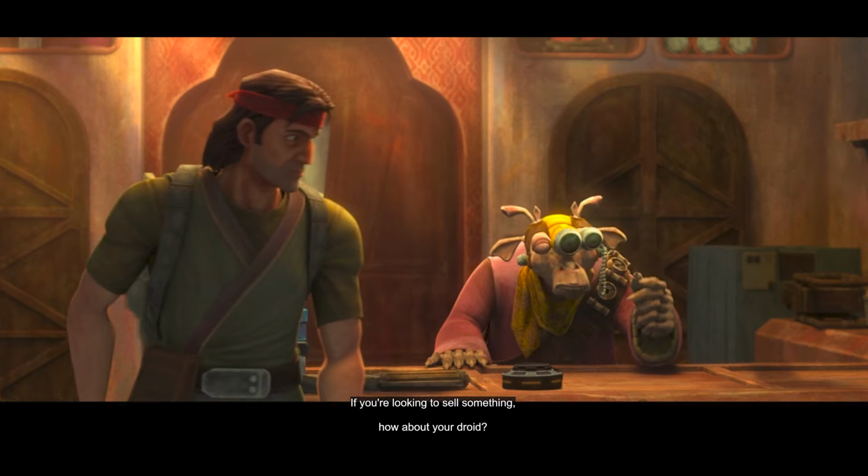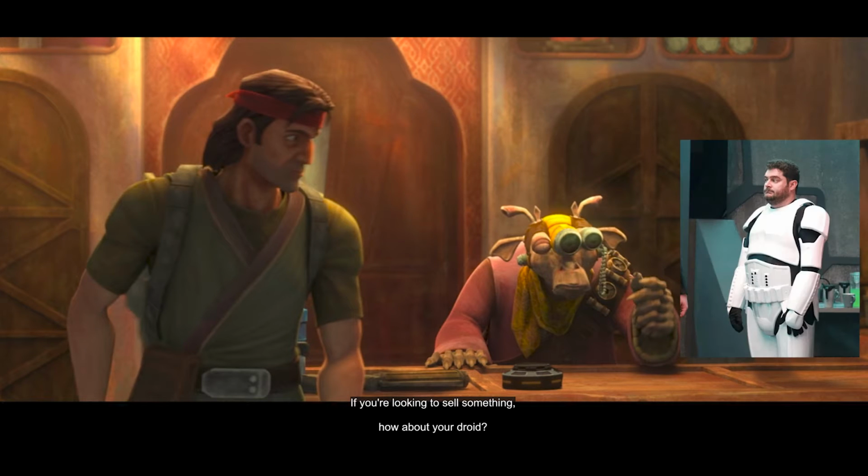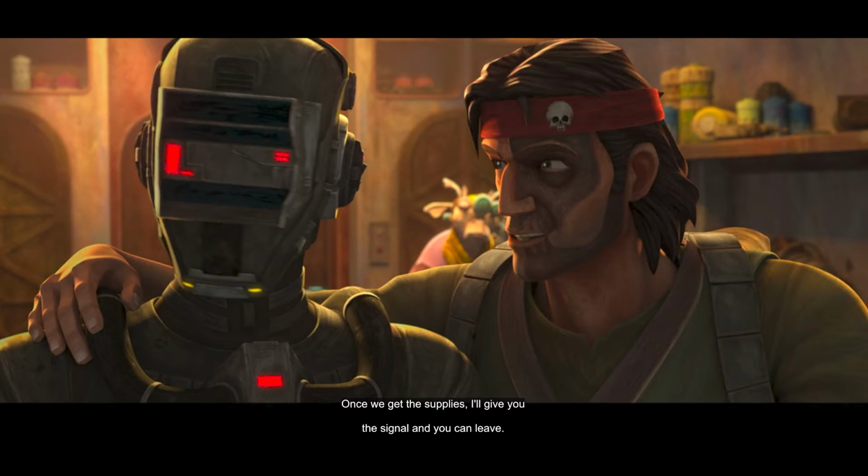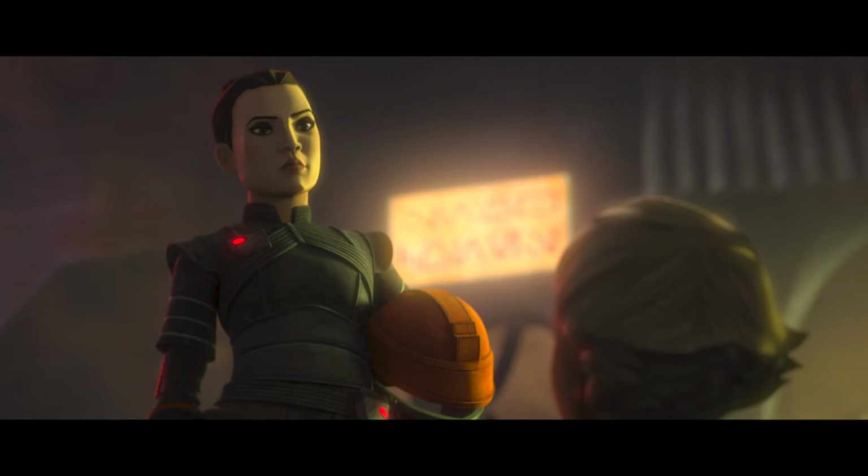Hunter haggles with a Mustafarian pawnshop owner played by another SNL alum, Bobby Moynihan, who mistakes Echo for a droid and offers to buy him. They need the credits desperately, so Echo agrees to go into servitude for a bit with a plan to escape later. Omega wanders off and winds up in the hands of a much younger Fennec Shand, the bounty hunter we've